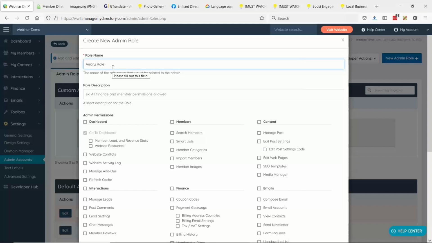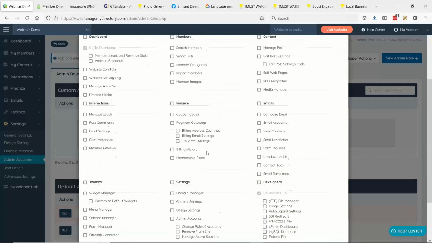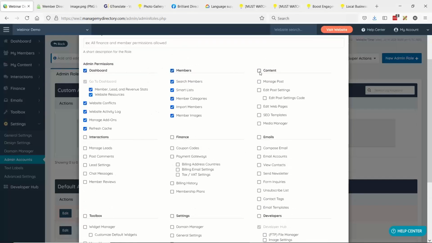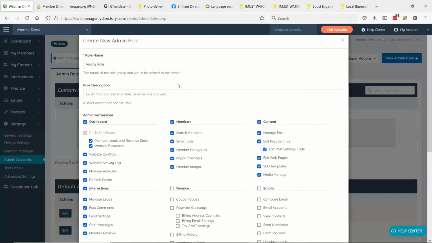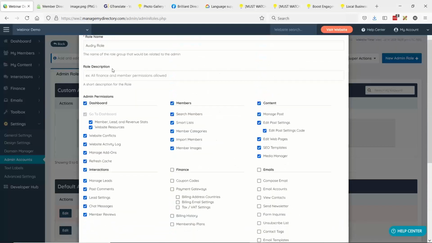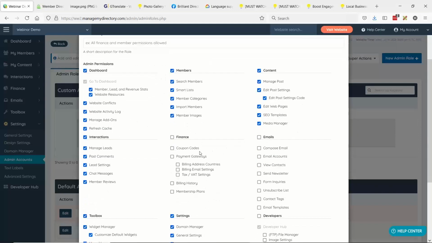Audrey's role. And what you can do here, you don't really need a role description, is these are all the areas of the admin where someone can have access to. So maybe you want to enable everything except the finance one, which is right here. Or you can control it however you want to. And then you just save this role down here and then assign this as Audrey's role when you're assigning the admin. So you can pick and choose, and everyone has this on their site. These are admin role permissions, and if it's not checked, it will stop the admin from accessing those areas. They won't even see these areas of the admin area.